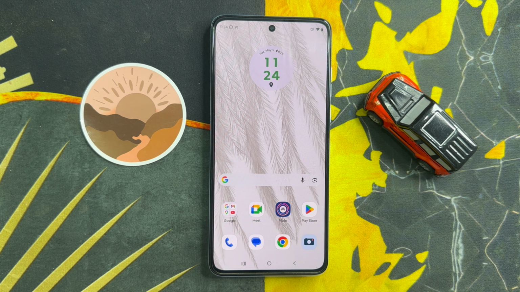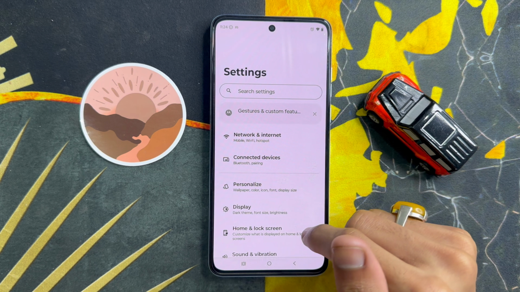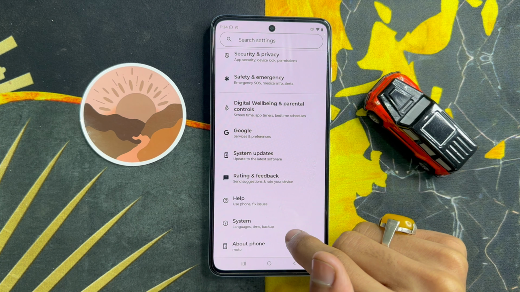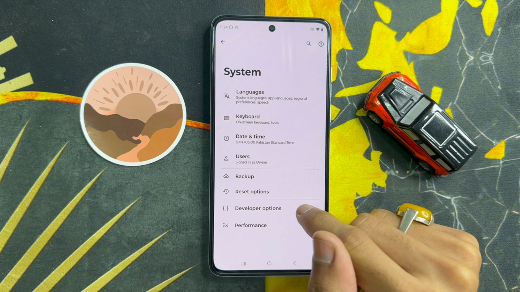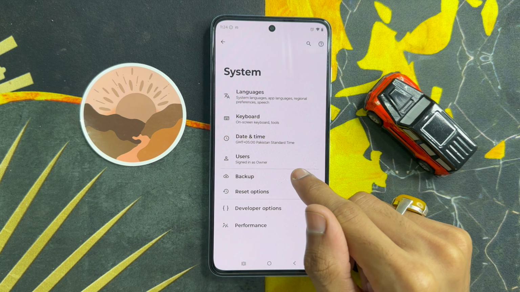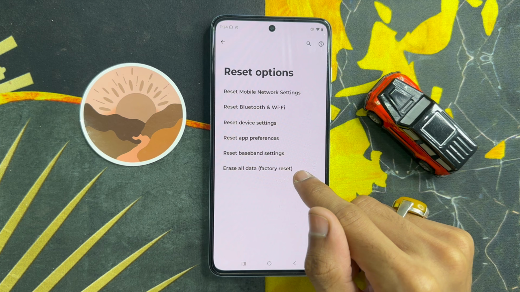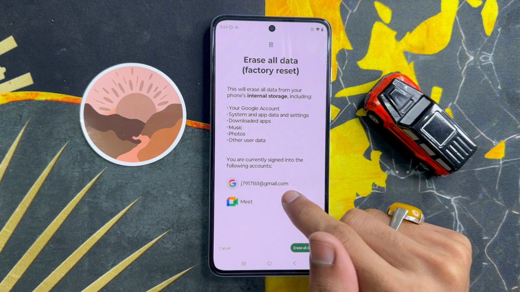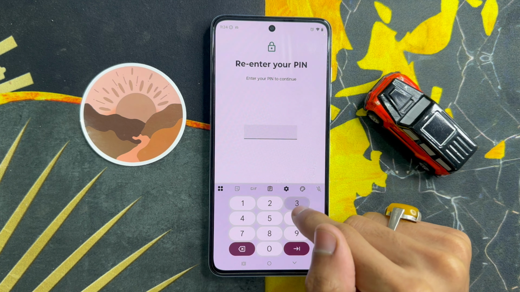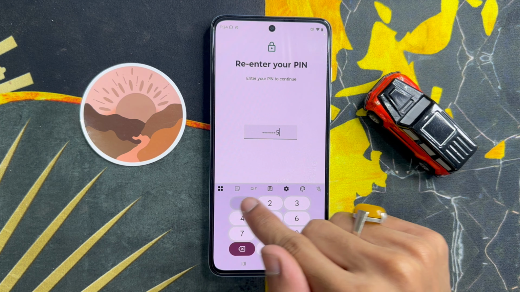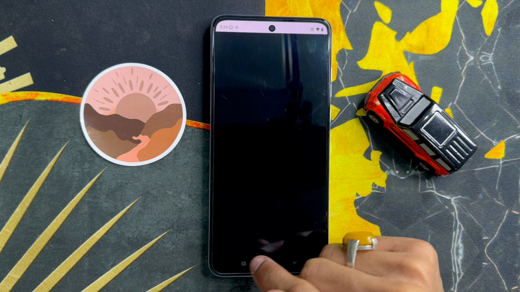But if it doesn't fix this problem, the last solution is factory reset. Click on settings app, scroll down to the end, click on system and click on reset option and click on factory reset. Click on erase all data, enter phone pin, click on this icon. You will see your